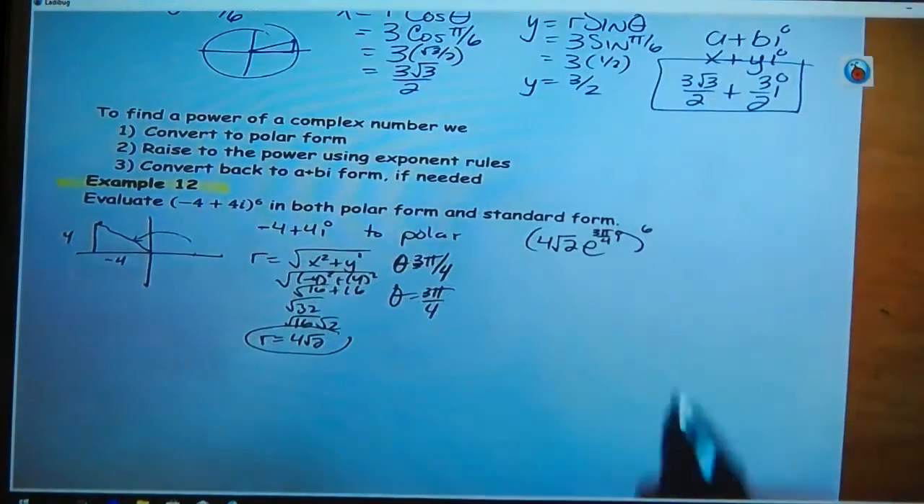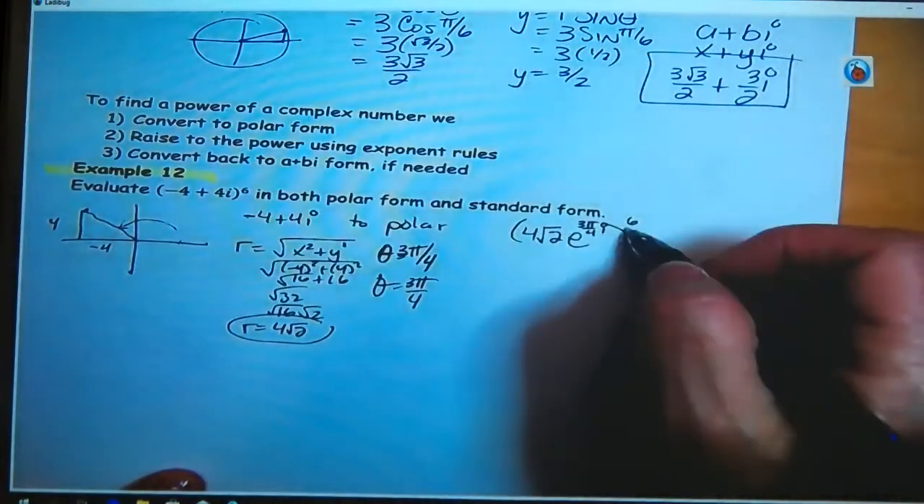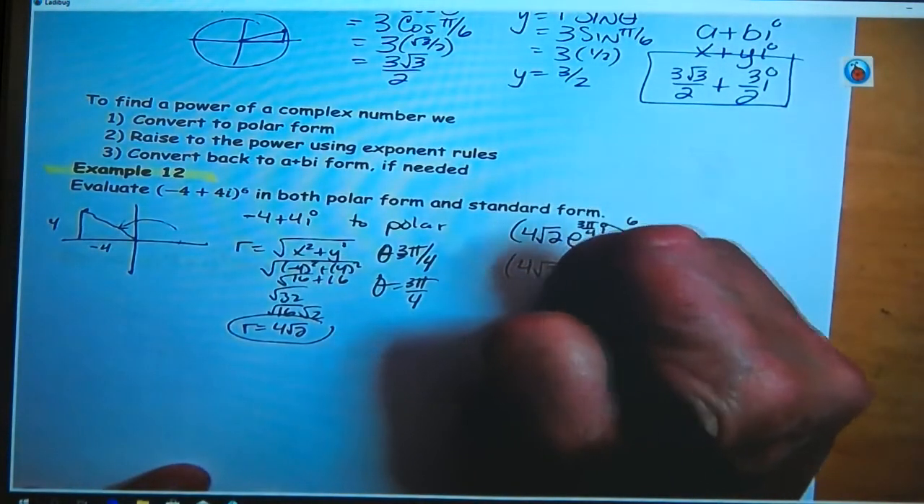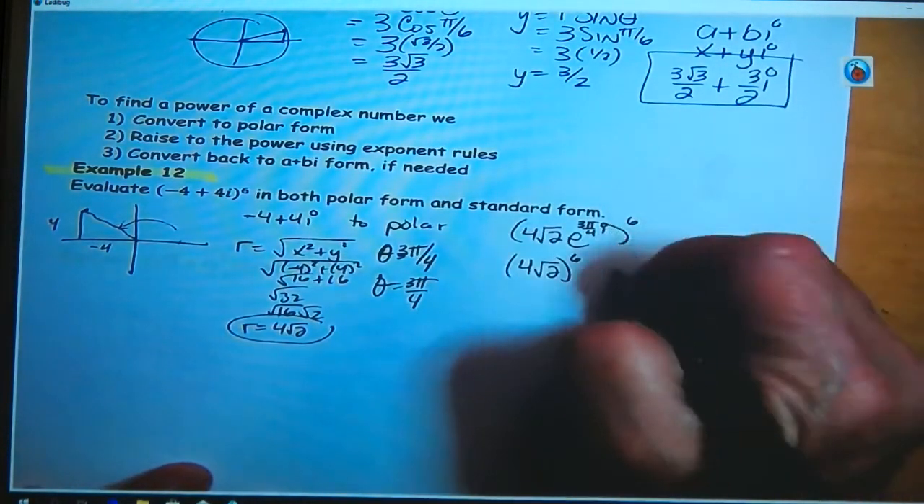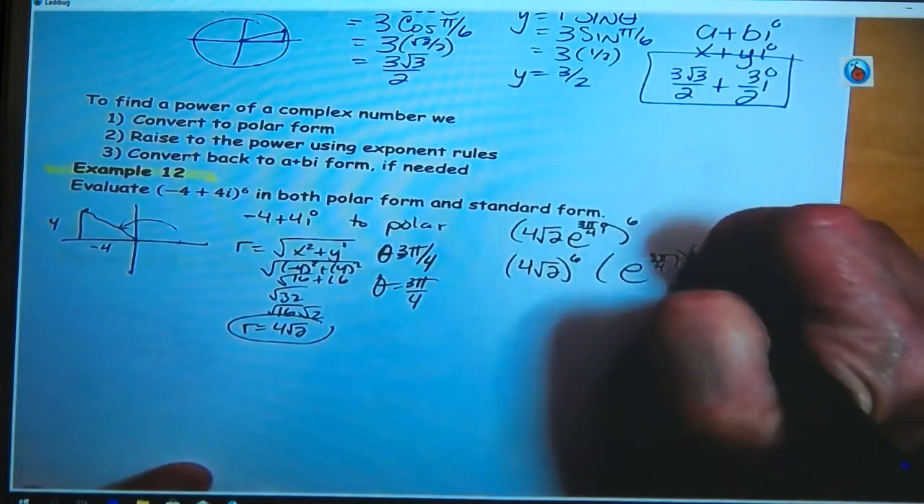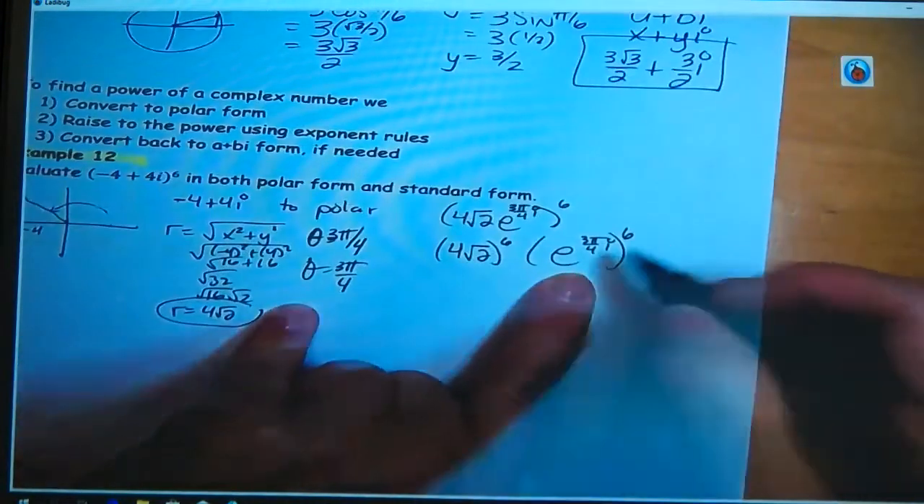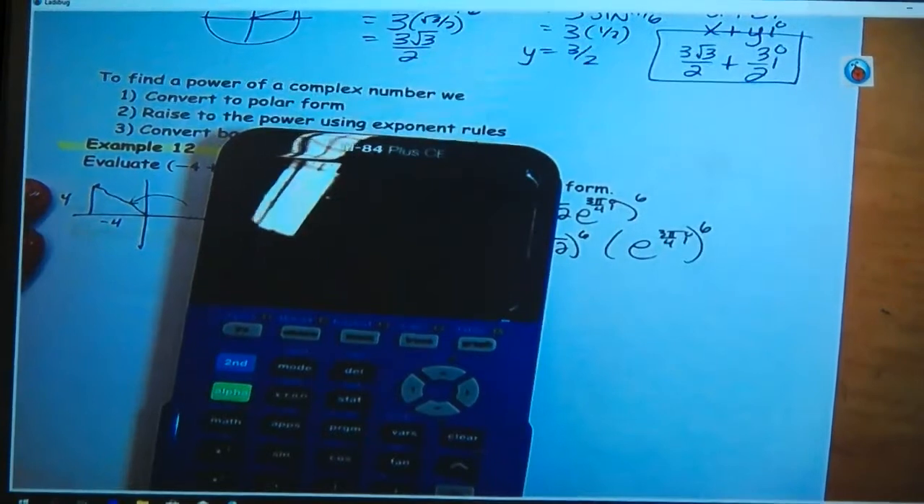Now I'm taking that to the sixth. Well, here's what we do. You take 4 radical 2 to the sixth, and then you take e to the 3 pi over 4 i to the sixth. And this to the sixth we can do on our calculator. This to the sixth we'll do in our head. But first, let's go ahead and do